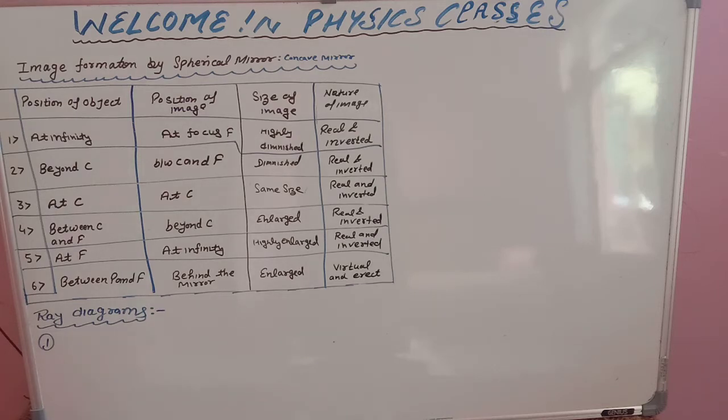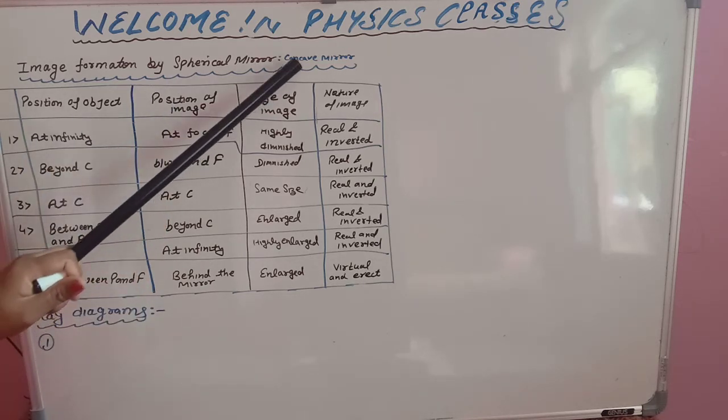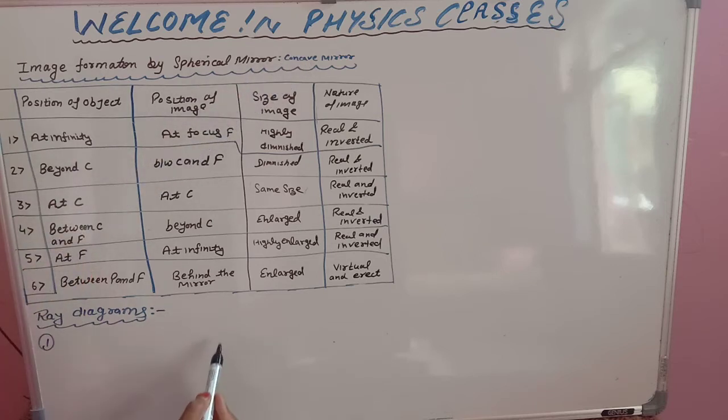So pay attention. Whenever you are going to draw ray diagrams, first of all you have to see which mirror we have to draw. So the mirror is a concave mirror. So draw a concave mirror. Which mirror is this? Nothing. Why? Because no surface is painted. If I paint its outer surface, now it is called a concave mirror.